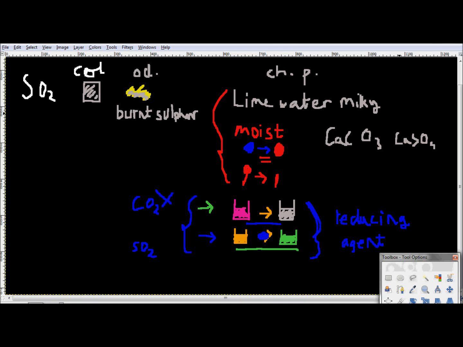This is part 3 of your analytical chemistry tutorial. In the last tutorial, we did carbon dioxide and sulfur dioxide, and in this one, we're going to move on to chlorine, nitric acid, hydrogen chloride, and hopefully hydrogen sulfide as well. Okay, so starting with chlorine,